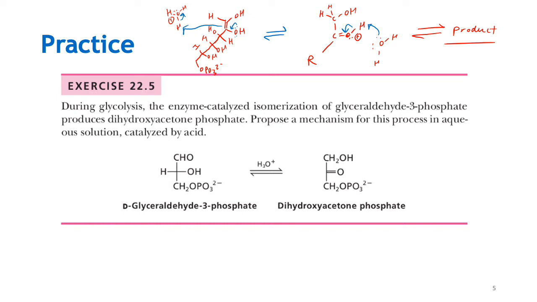All right, so during glycolysis, the enzyme catalyzes isomerization of glyceraldehyde 3-phosphate. We call that G3P. It produces dihydroxyacetone phosphate. DHAP is what we call it. Propose a mechanism for this process in aqueous solution catalyzed by acid. And so this is a pretty simple and straightforward example. Remember that CHO is an aldehyde. Okay, so I'm glad that they used a small molecule in this case. So the way it works is you take your glyceraldehyde 3-phosphate,